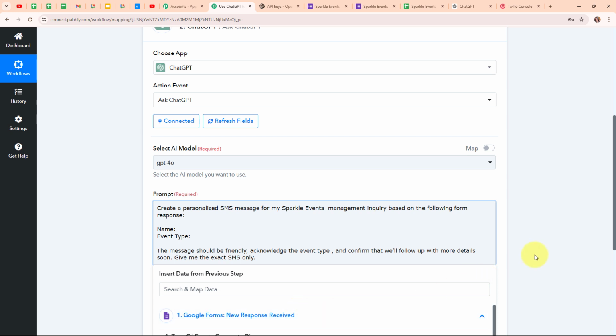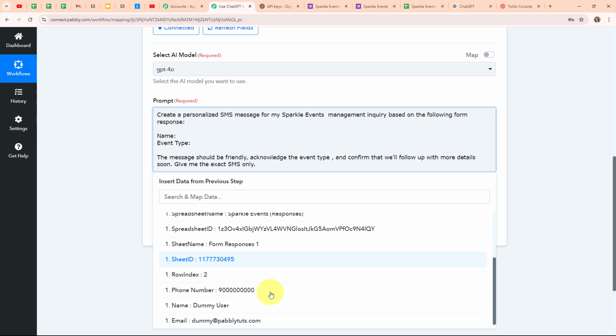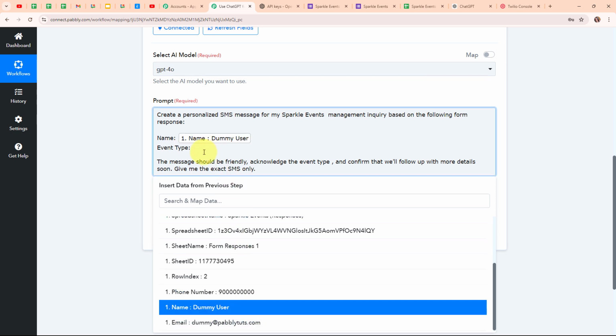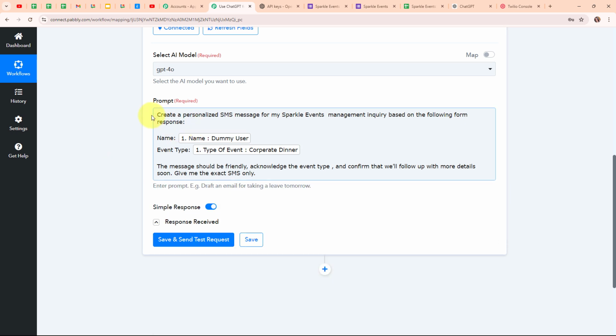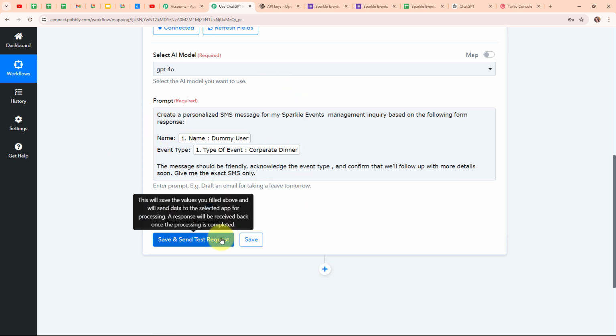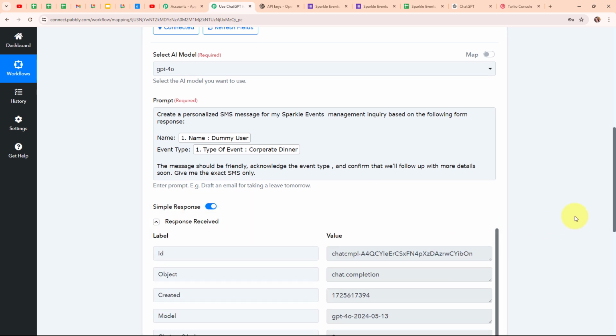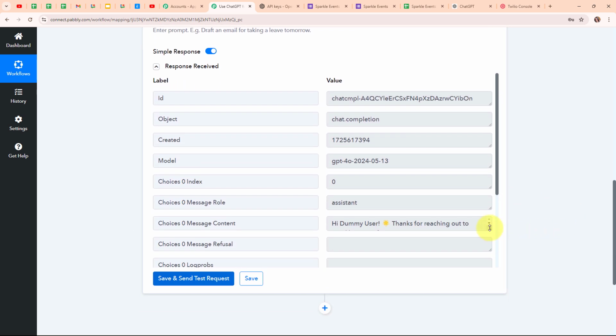So here I'm going to map my customer's name. So this is my customer's name, and here I'm going to map the event type that my customer has mentioned. And now after entering both the required details, I'm going to click on the save and send test request given over here. And here you can see we have received a successful response where we have received the